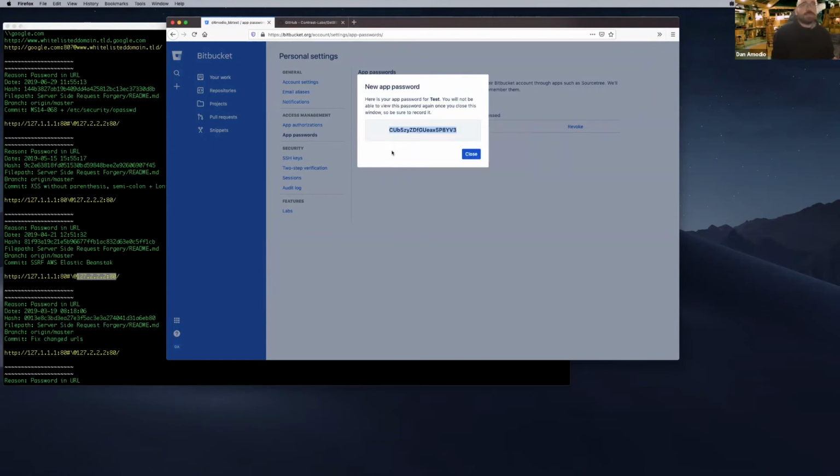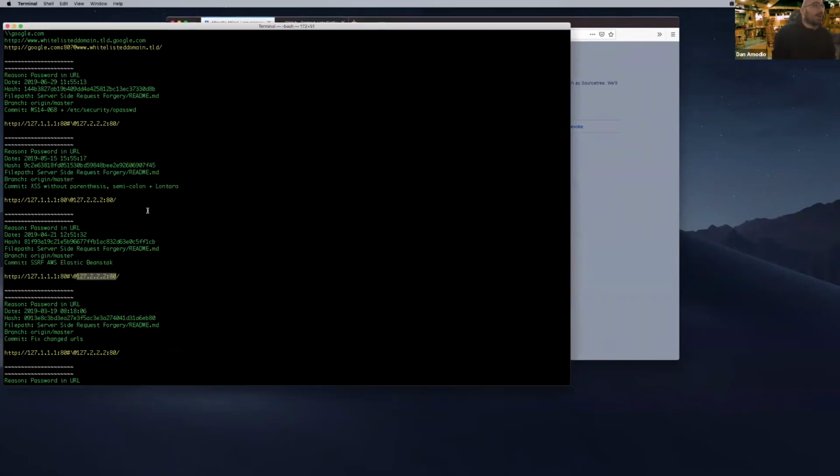Odds are if you're doing a pen test, you probably have one-factor access. If somehow you pilfered a session or got on the workstation of a target or something like that, this will create an email notification to their account. So if you're trying to be covert and use an app password, you'll have to delete that email or add a rule that would automatically purge emails from Atlassian from the inbox. But I've got an app password here, and